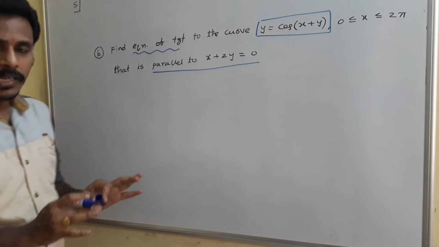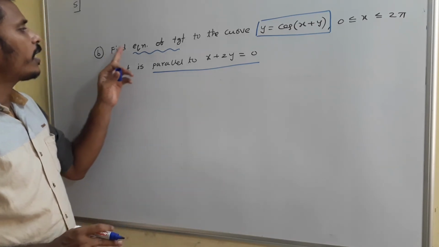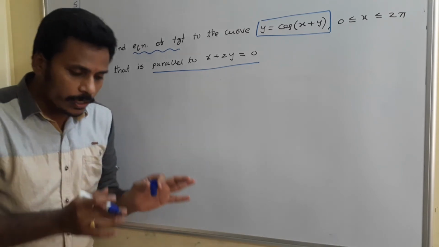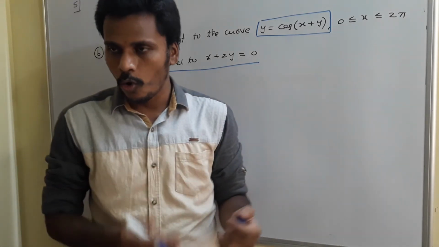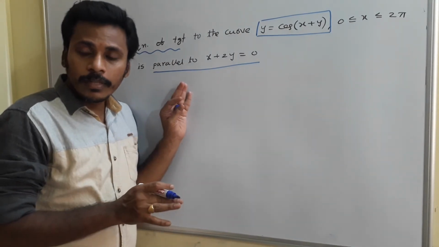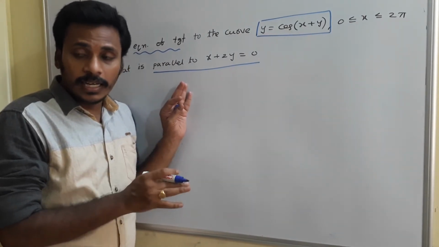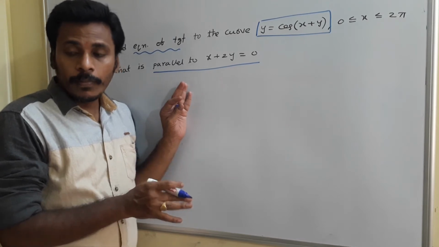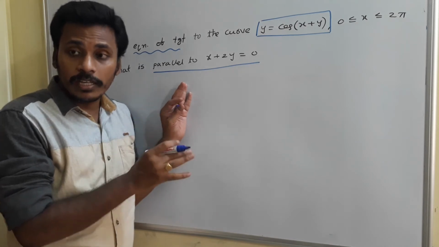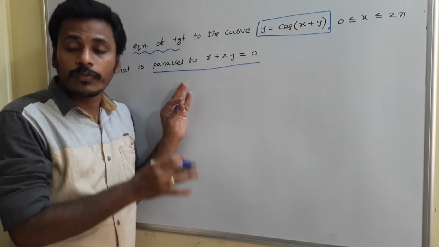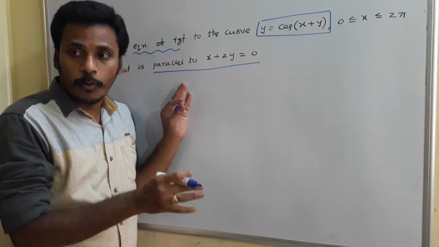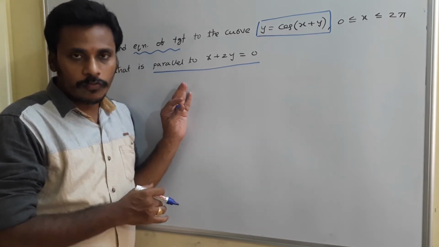So we know tangent is a line. We need that equation. To find the equation of a line, we always require a point and slope. Here in the problem, the point on the tangent at the curve is not given, and the slope of the tangent is also not given. So we need to search for the slope of the tangent as well as for the point. After identifying that slope and point, it is easy to find the equation of tangent.